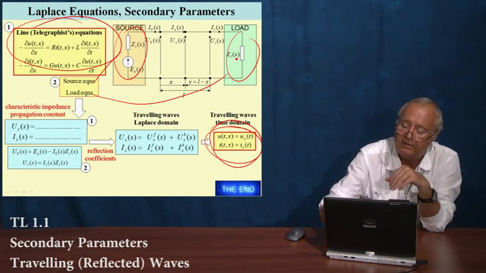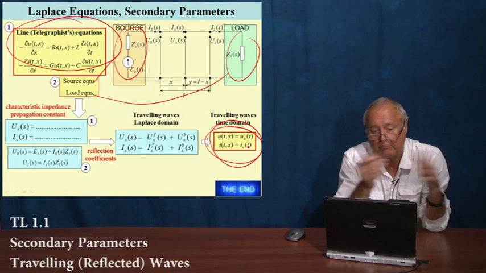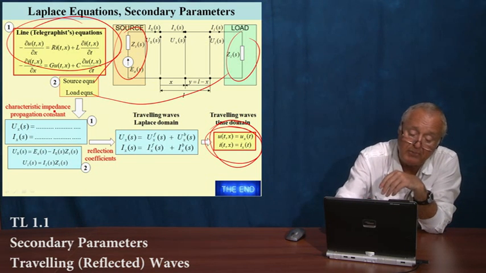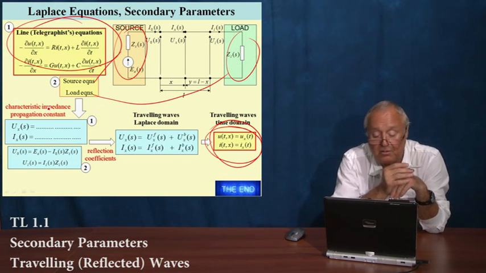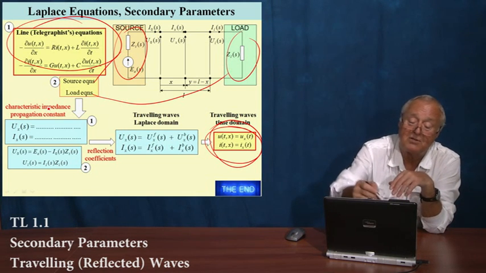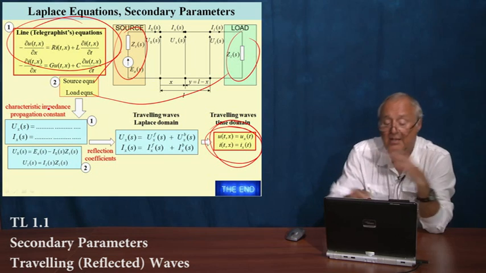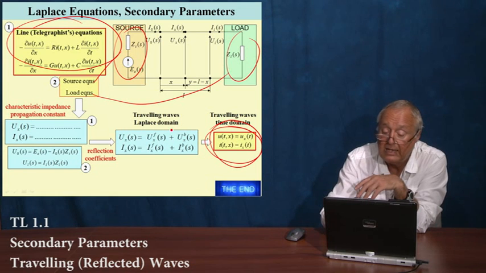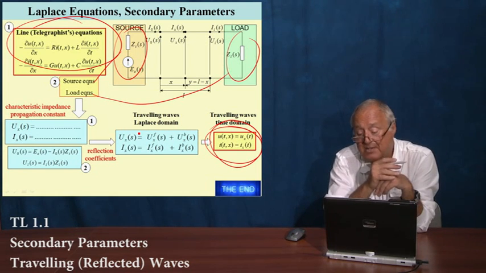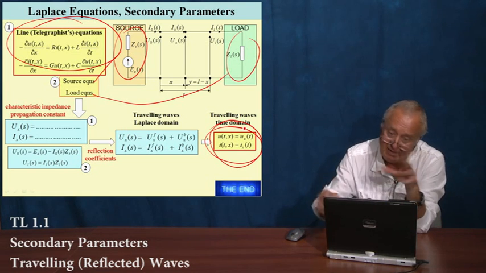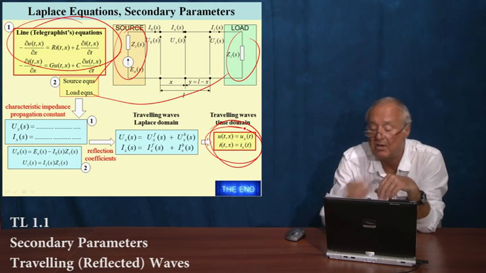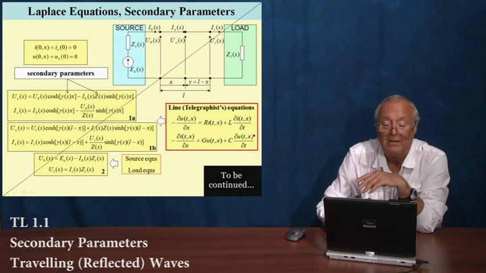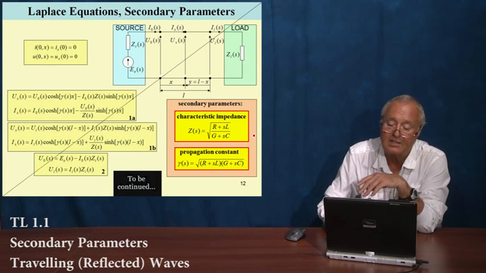I will only show you the final result and also some parameters, the so-called secondary parameters that will appear. These parameters are denoted here in red: characteristic impedance, propagation constant, reflection coefficients. So at first we transform these equations into the Laplace domain, then after some mathematics, which is quite complicated, we obtain waveforms in the Laplace domain. Once again, these equations are quite complex, and finally, after inverse transformation, we may obtain traveling waves in the time domain. Why traveling waves? It will be explained later on. So I will skip all this reasoning. As you see, it is quite a complex story,